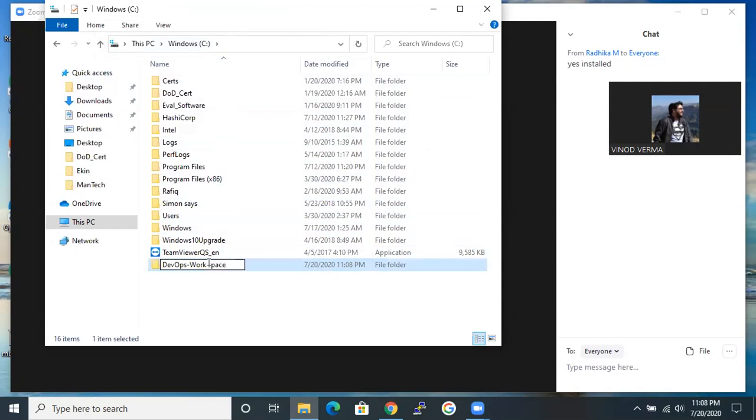Don't put a space anywhere. Remove that. Instead of that, you just put WS. All small. Remove that work as well. Only WS. Fine. Enter. Now open that folder.